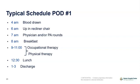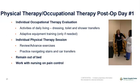the following day. Occupational therapy will assist you in getting dressed and answer any questions regarding activities of daily living, such as bathing. Physical therapy will assist with mobility questions and practice walking, the stairs, and getting in and out of the car. We would like you to remain out of the bed in the recliner as much as possible